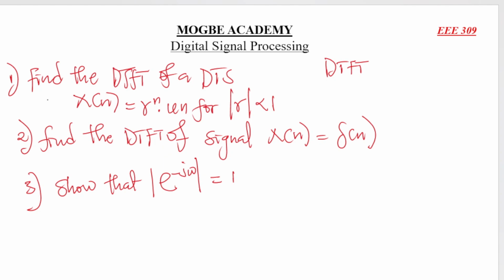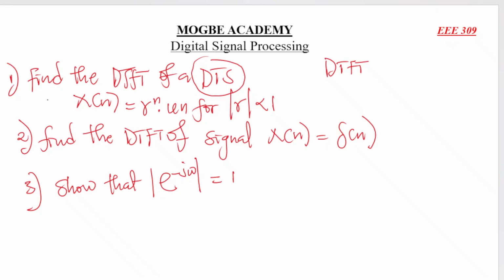Now I told you that DTFT simply stands for Discrete Time Fourier Transform. So everything we'll be considering in our questions will be discrete signals. Are we together? Now, from our first question, we're given to find the DTFT of a DTS. DTS here simply stands for discrete time signal. So we're given a discrete signal and we are asked how this discrete signal can be applied to DTFT to give us our new expression,